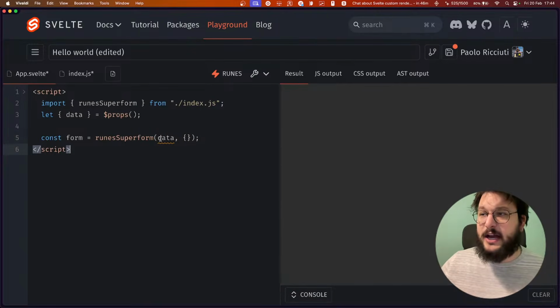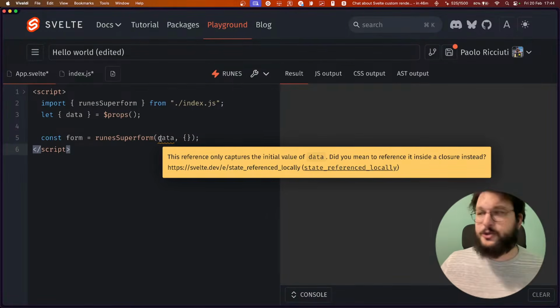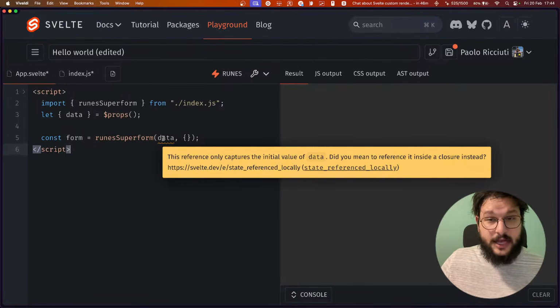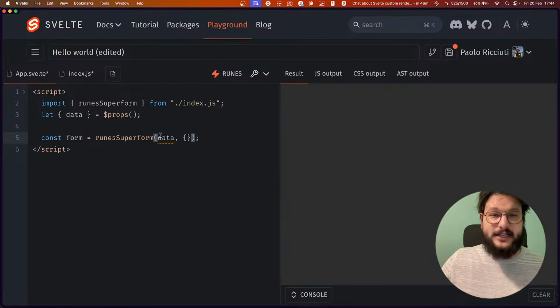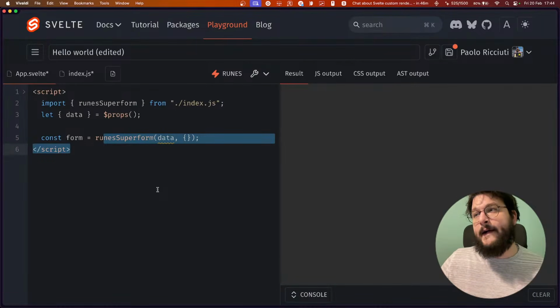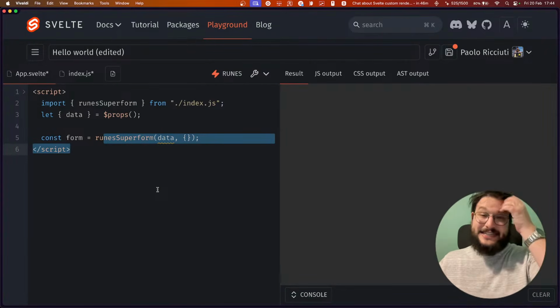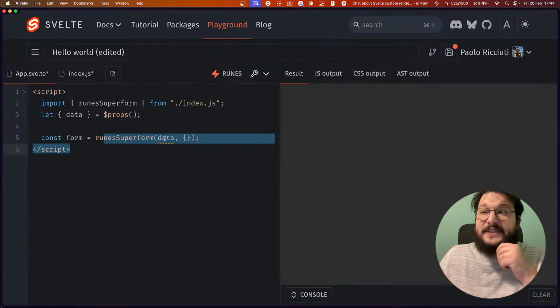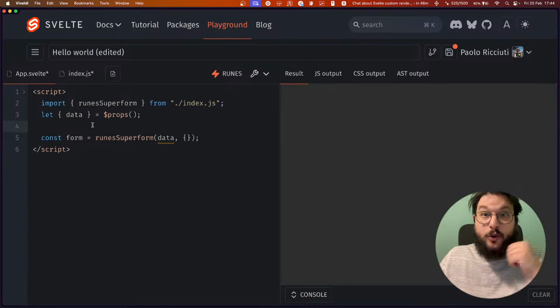And he was annoyed by the fact that this reference only captured the initial data, and he said, that's what I want. I don't want to capture the updated data. If this data changes, this needs to stay the same, basically. Which I don't think is true. A lot of people are struggling with this. They think they don't want that, but in reality, it is most likely what you really want, because if something changes, if your page changes,